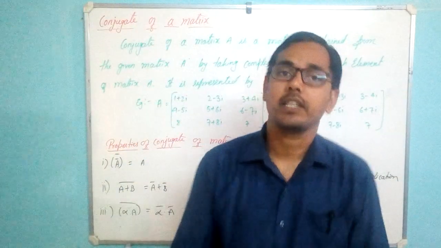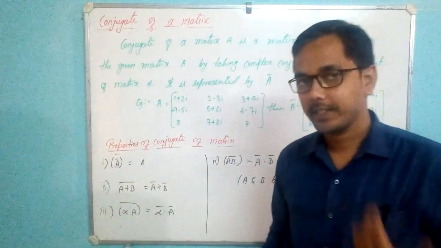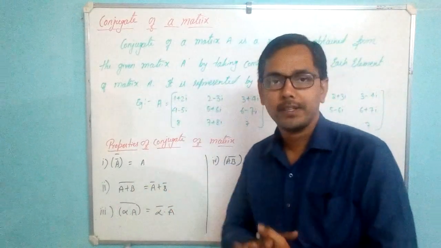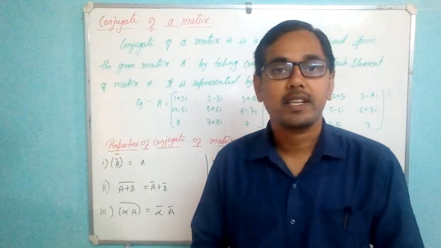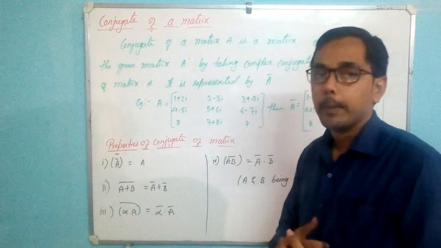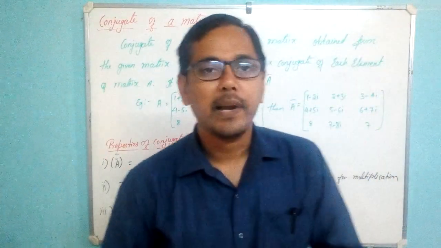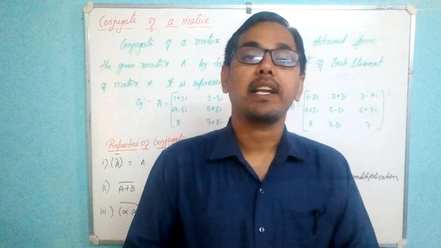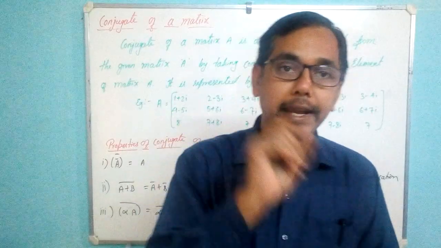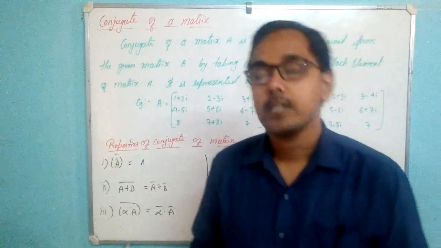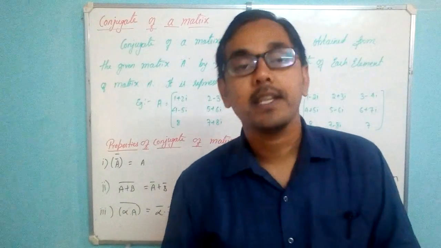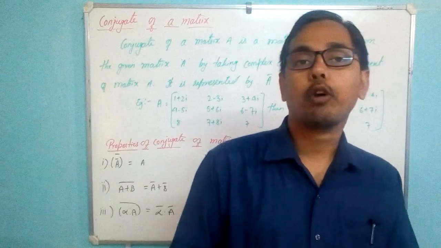This you have not studied in matrices and determinants in your NCERT, as the syllabus was not extended up to here. But as far as the competitive part is concerned, this is a very important topic. So let's see what is the conjugate of a matrix. The conjugate of any matrix can be obtained by taking the complex conjugate of each and every term inside the matrix. So if it is a 3x3 matrix, it has 9 elements, and all 9 elements should be converted into their complex conjugates.